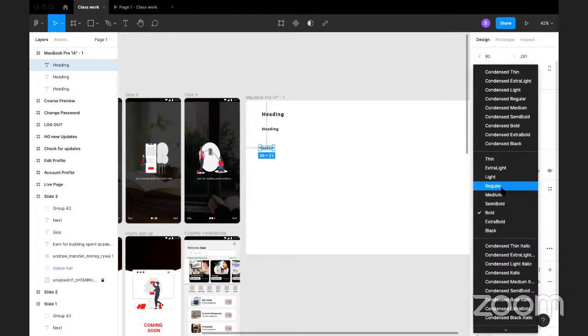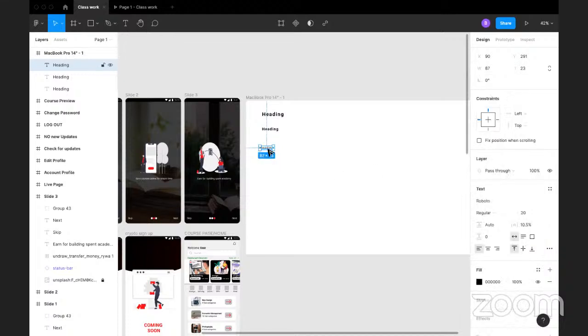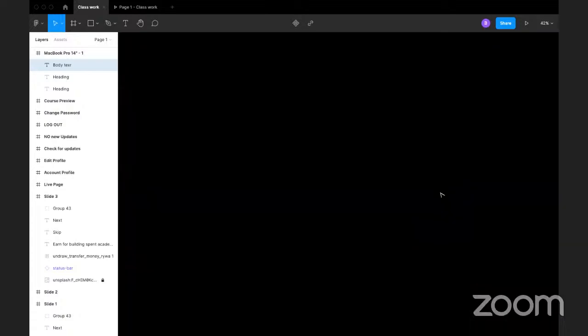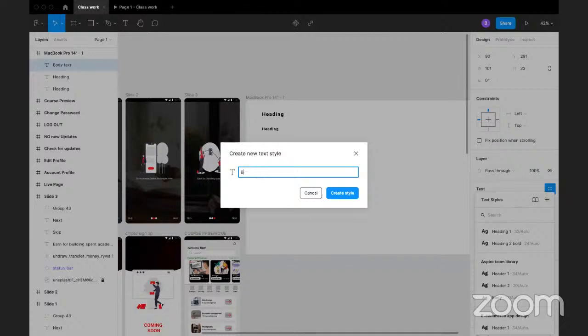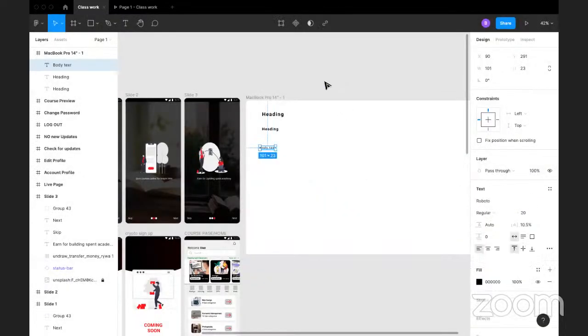I'll make it regular and name this main text, or body text, and I'll save it quickly as body text. So let's say I've gotten the 3 I want to use. So if I need